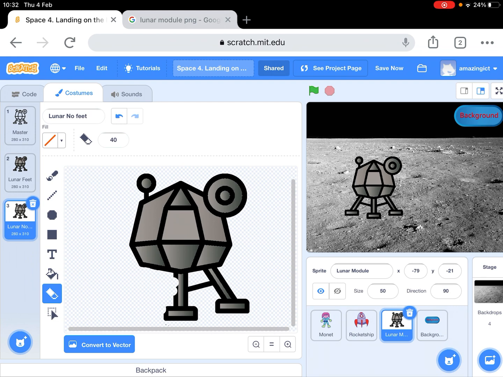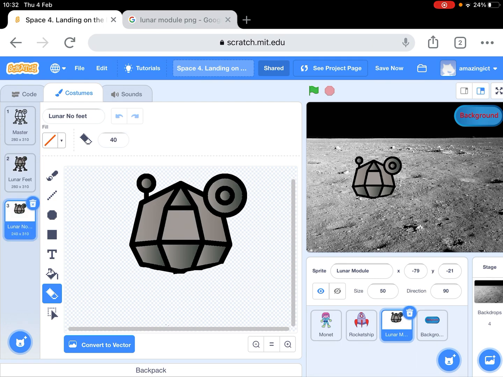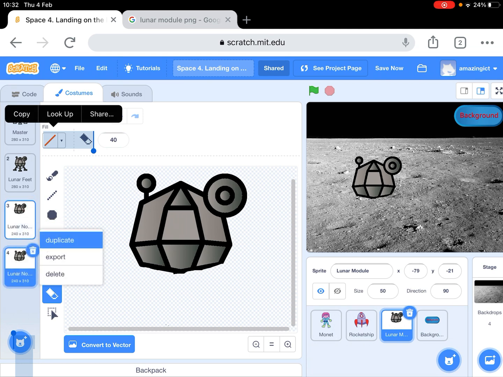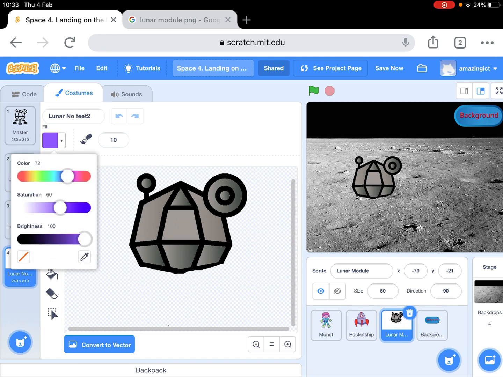So it's like any bit of software really, any program. You have to do it by trial and error. There we go. So now we've got one with feet and one without feet. Now what you could do is you could then duplicate this one, and then on this one you could actually add a little bit of a rocket, a sort of